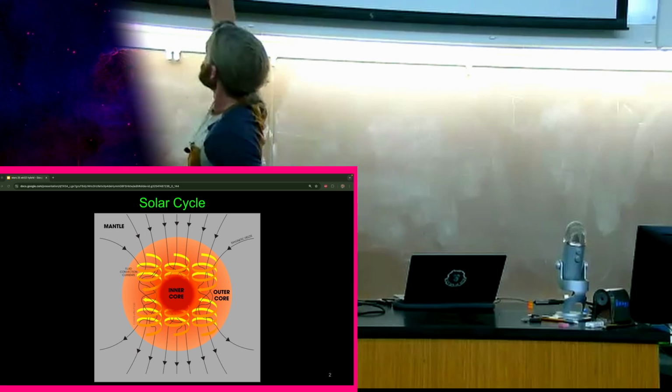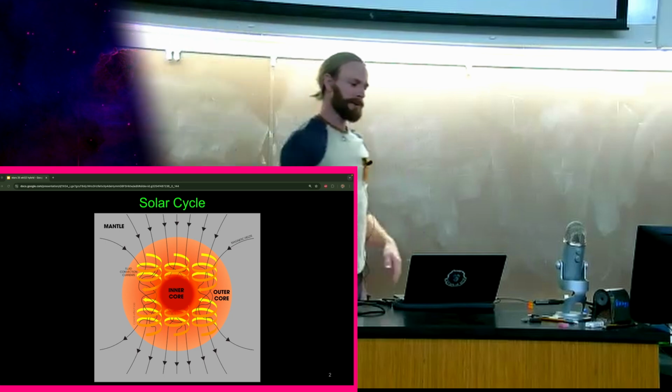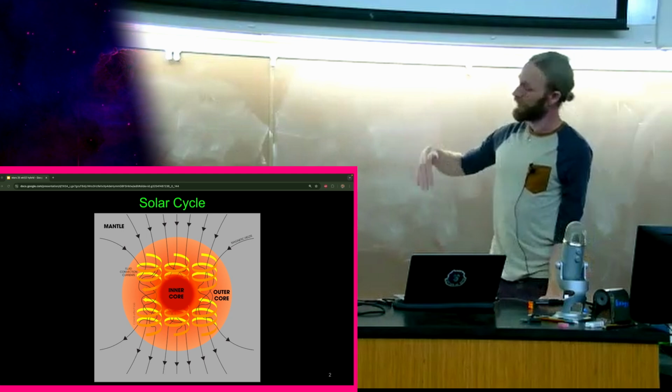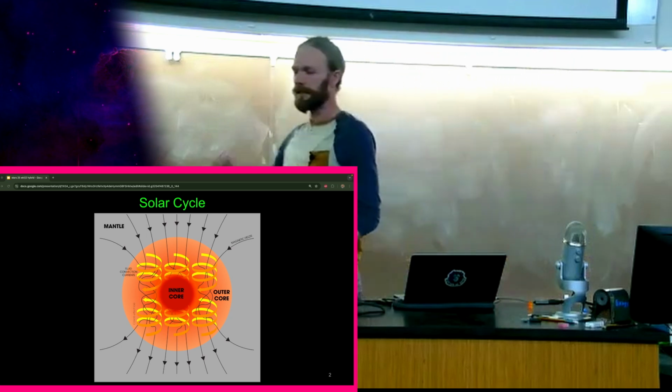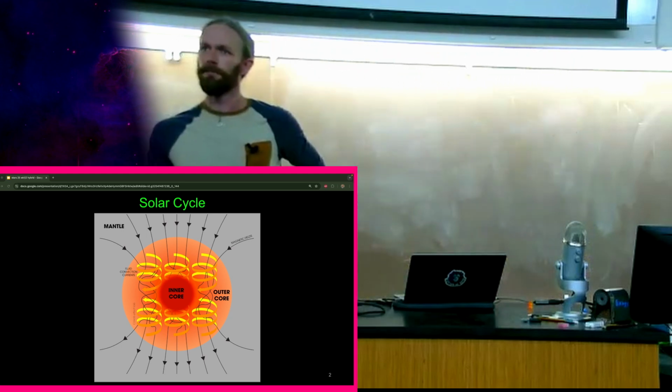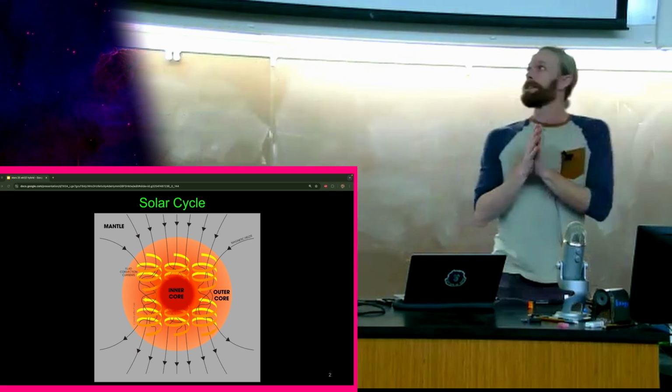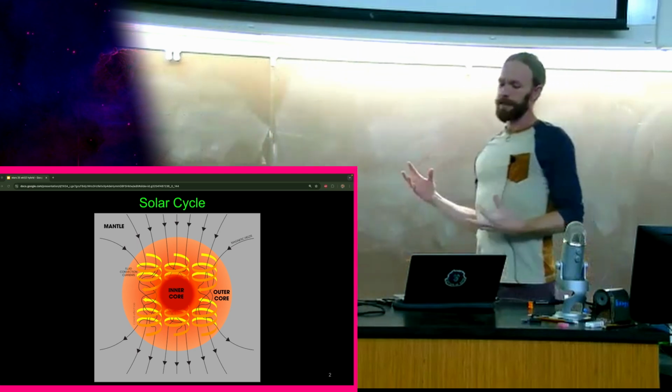That's essentially the same process that's spinning all this goop inside of the sun. By the way, it's also happening inside of our planet. This is actually, I think, a picture from a textbook about our own planet, but it's the same process. The result is that there's this powerful magnetism. Now,